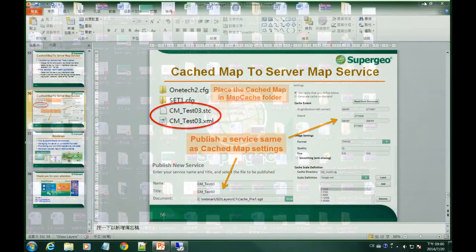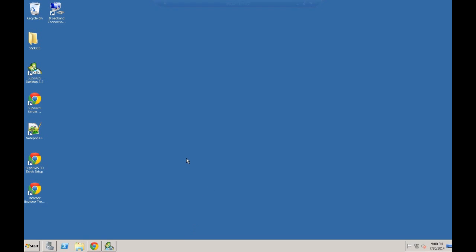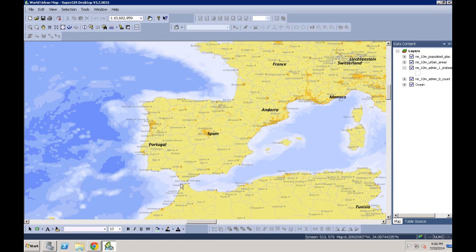Now I'm going to go back to our server here. So this is the second part. We're going to show you how to generate the map cache file. So I'm going to generate this part, and you can see this is a different